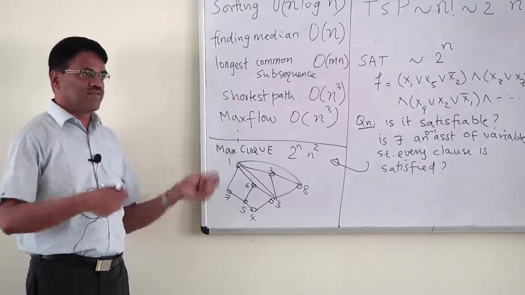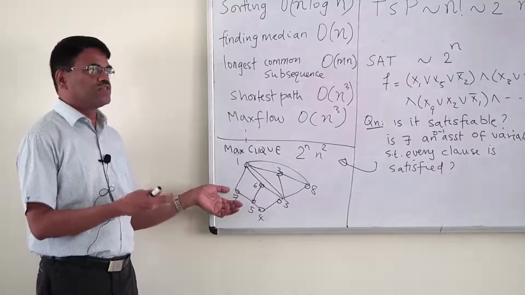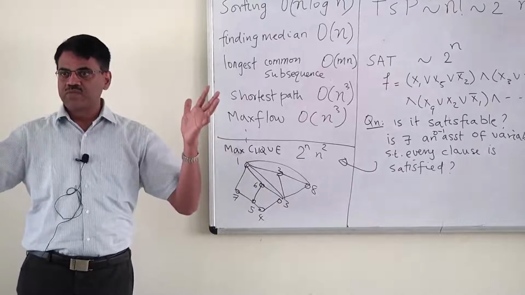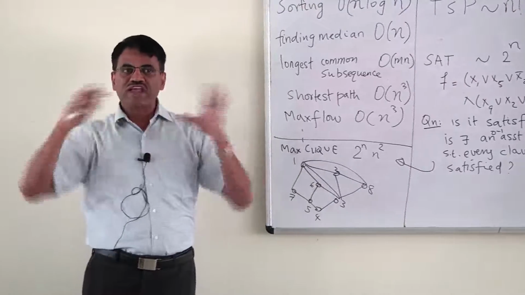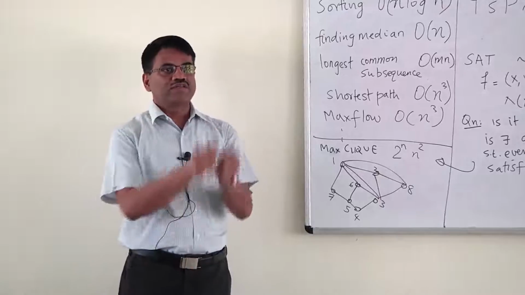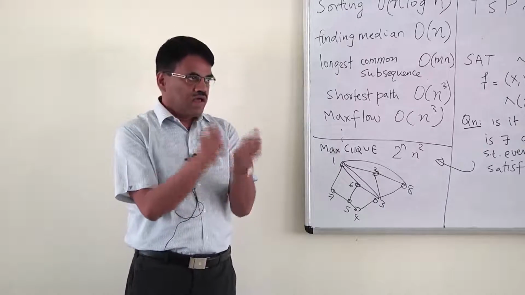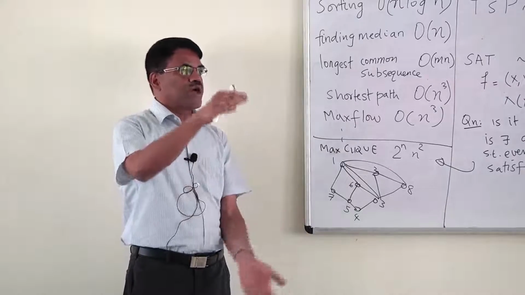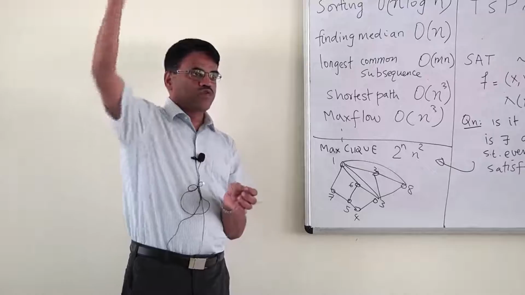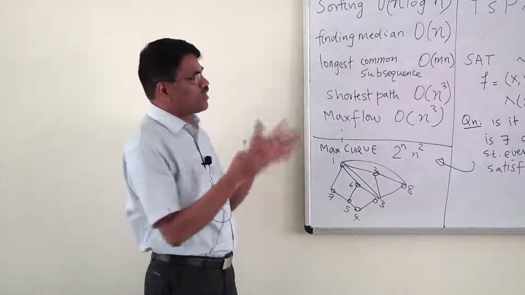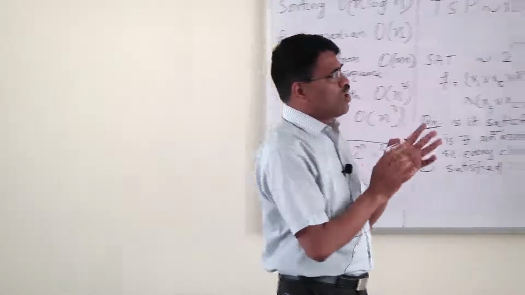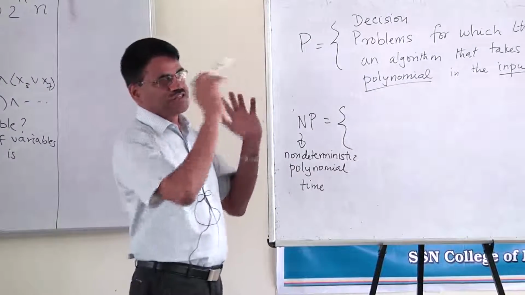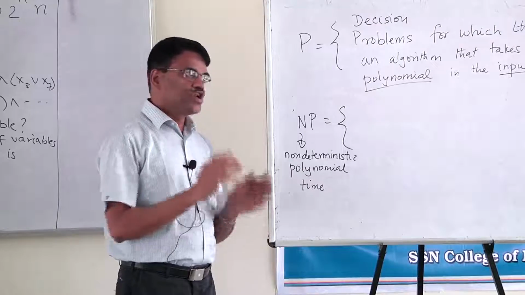Now I can ask several such questions to an algorithm which solves a decision problem and find the max clique. Suppose I really want to find the maximum clique and phrase it as a decision question. Then you simply ask, is there a clique of size n, n minus 1, n minus 2. The first time you get an answer yes, you know you got your max clique, because you got no for all other numbers. So restricting to decision problems is not such a big restriction. Again, for this theory of NP-completeness, we are going to restrict it to decision problems, which is good enough usually